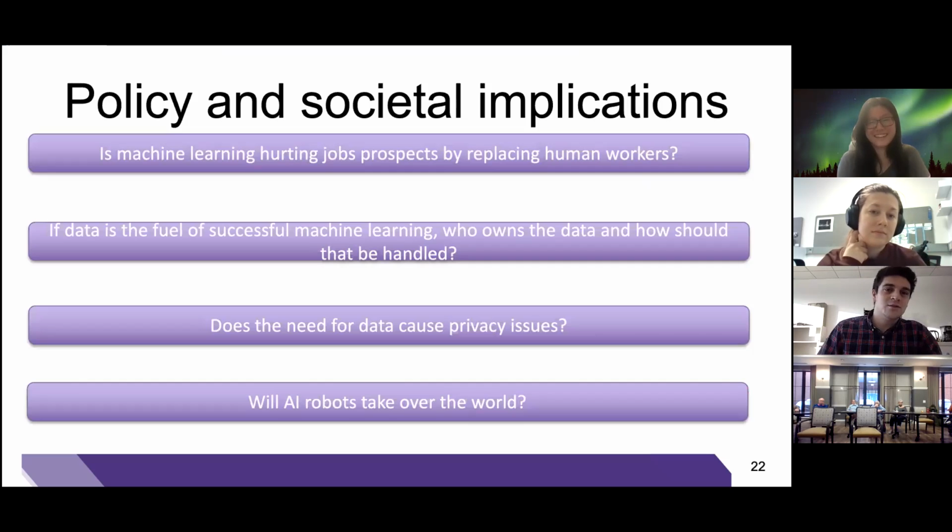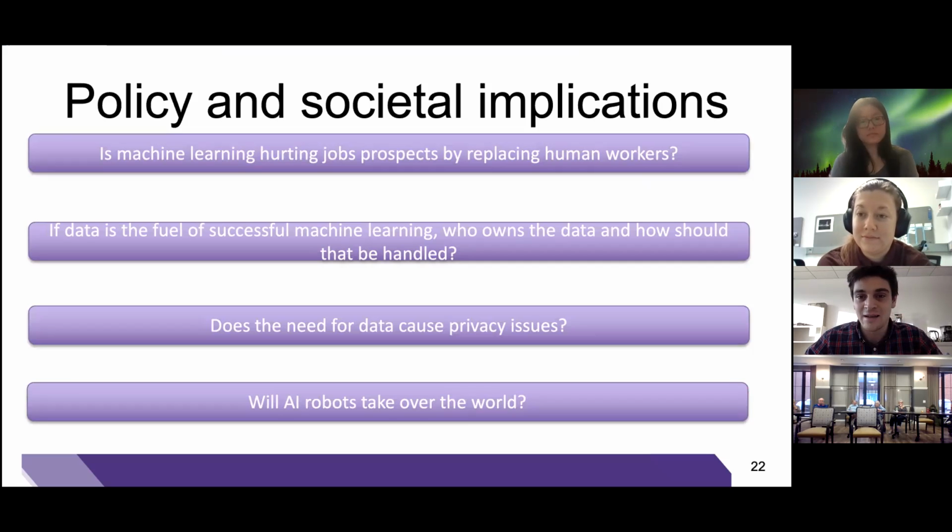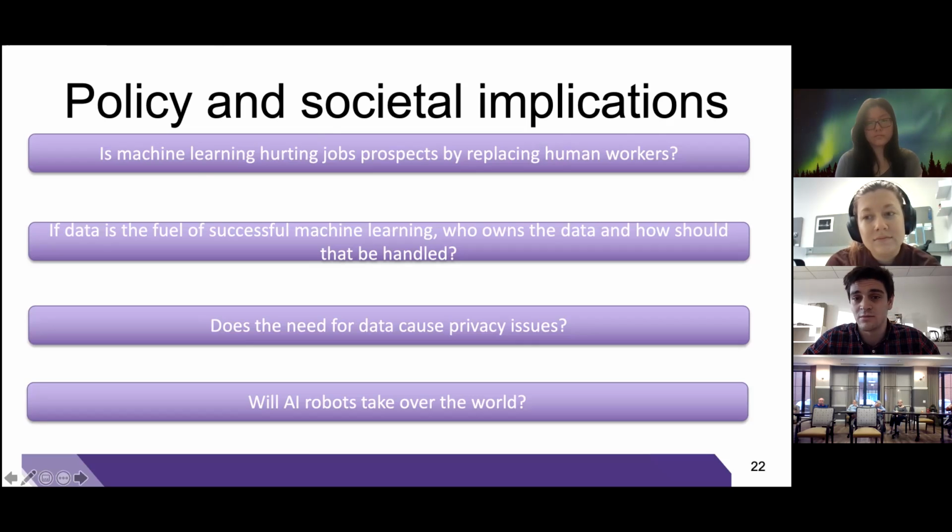And so this is all really great. I think this stuff is very cool. It does have some interesting implications for society and policy that are unfolding now and will certainly continue to be issues in the future. And one that's a big deal, and will probably become more of a big deal in the future, is: is this just taking away jobs from humans? Because there's a lot of jobs that a machine learning algorithm could do just fine. If a machine can drive a car,